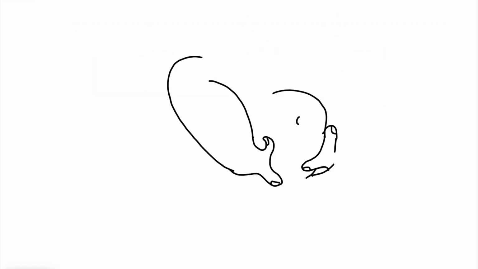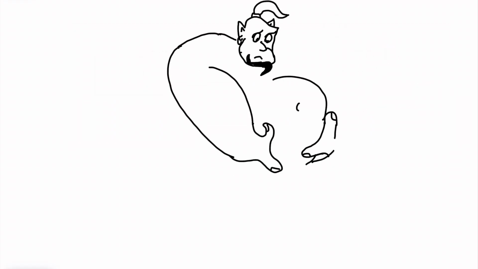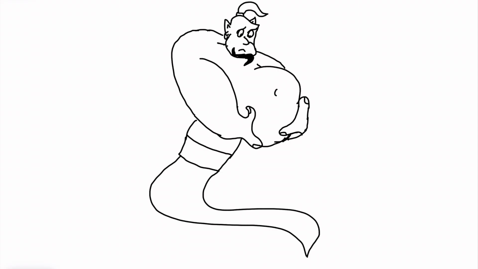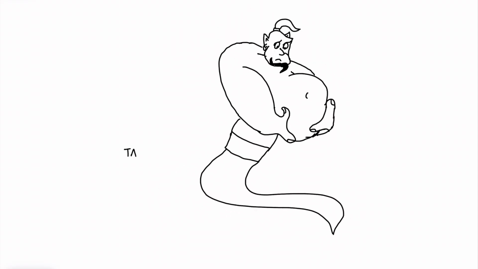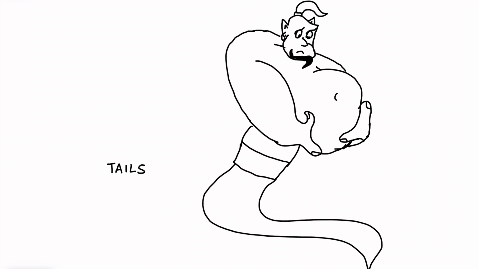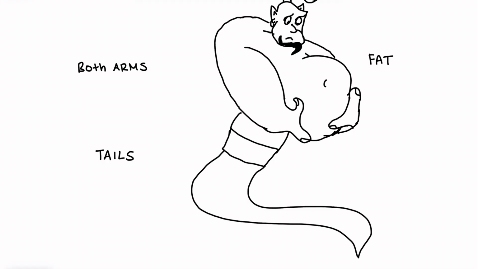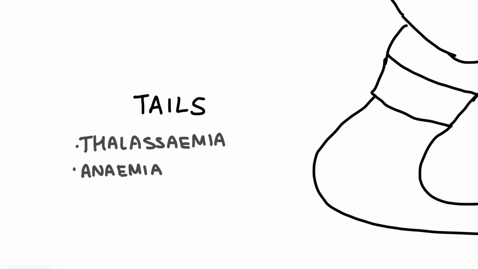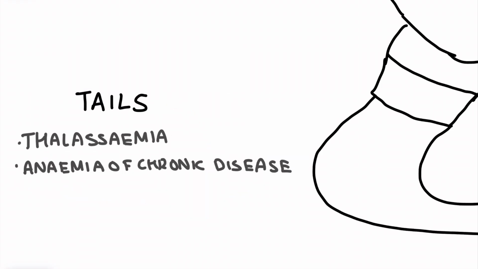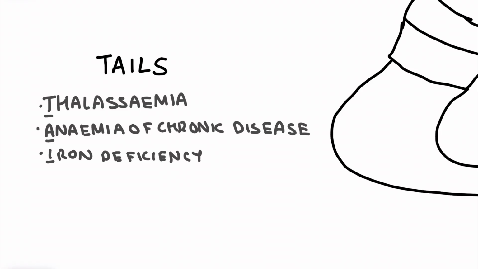So the mnemonic is based on a genie. Microcytic diseases are the tail of the genie, and the mnemonic is tails. Then we've got normocytic, which is both arms. Then we've got macrocytic, and that's just the idea of the genie being fat. If you remember the genie in Aladdin, when he becomes very fat, that's what we're imagining. That's what I've drawn. Okay, for the microcytic anemia, so you've got thalassemia, anemia of chronic disease, iron deficiency, lead